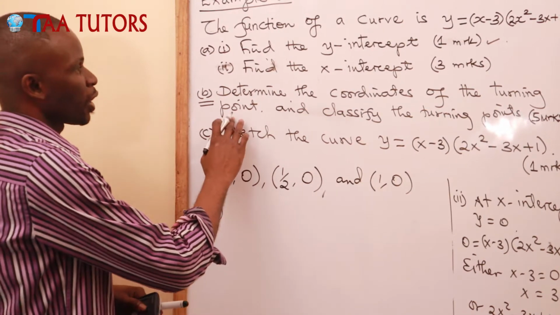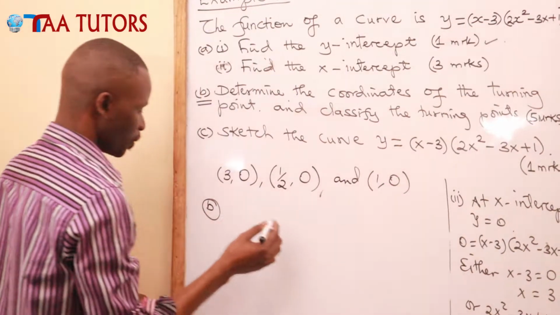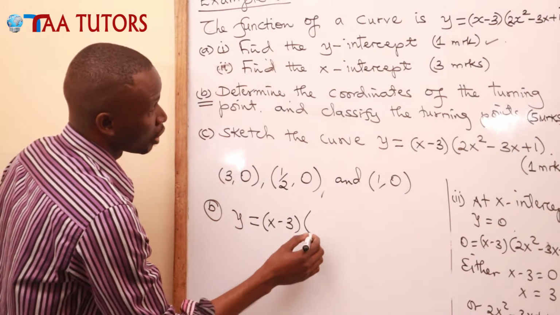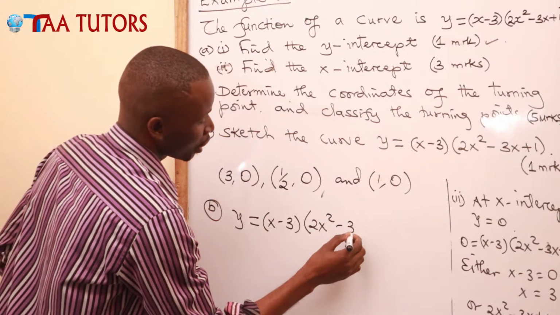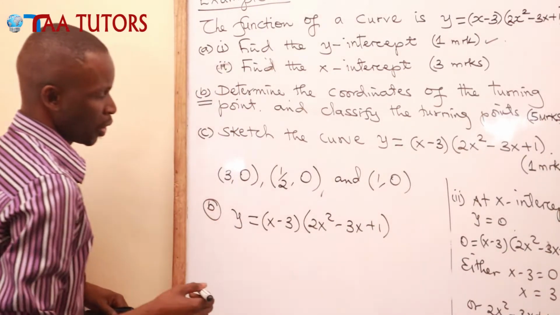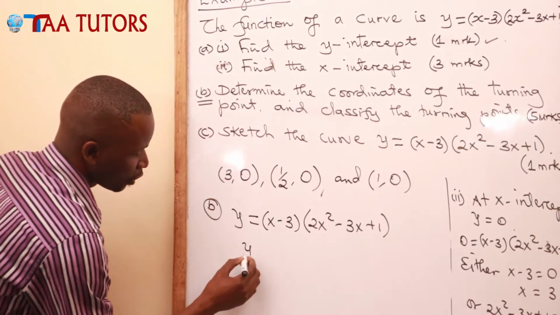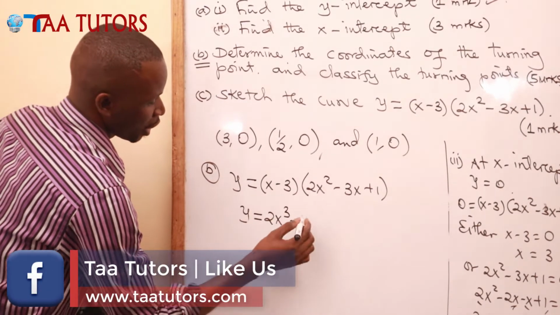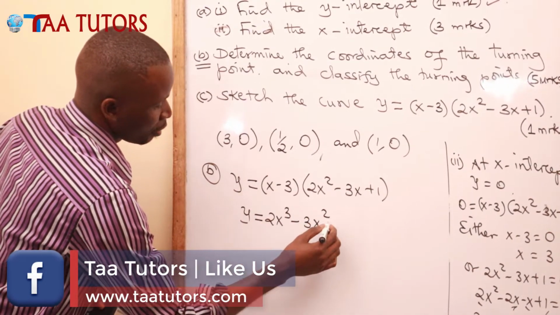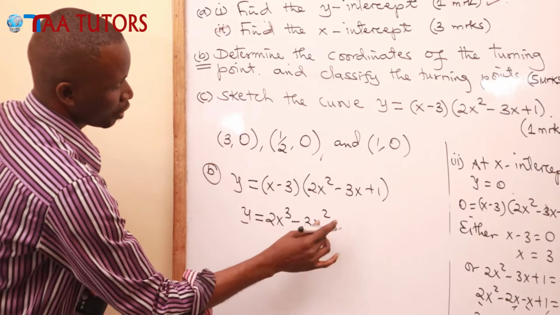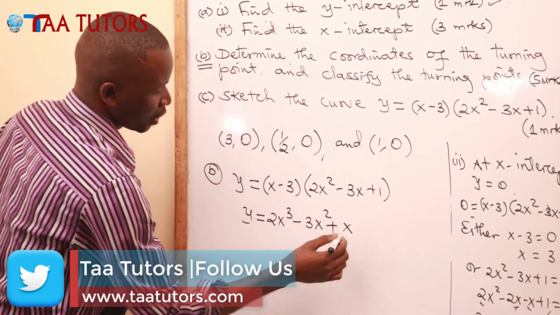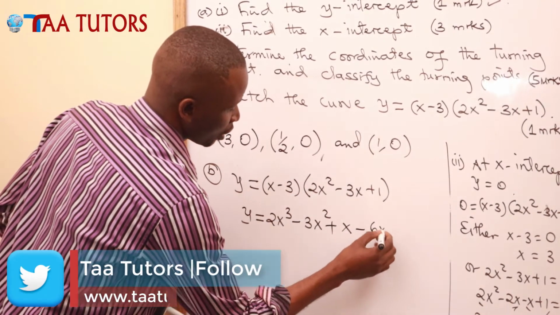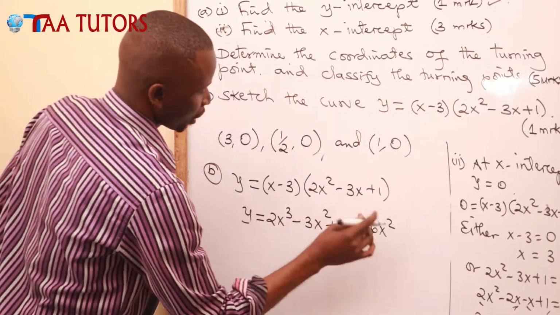For us to get the turning point, first I want us to expand this equation so that we are able to differentiate. The equation is y equals x minus 3 into 2x squared minus 3x plus 1. If we expand this: x times 2x squared is 2x cubed, minus 3x squared, plus x. Then negative 3 times this will be minus 6x squared plus 9x